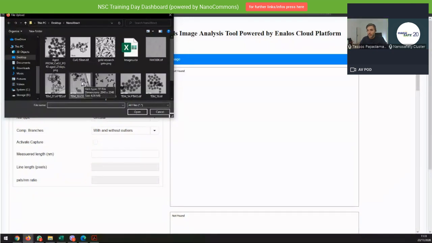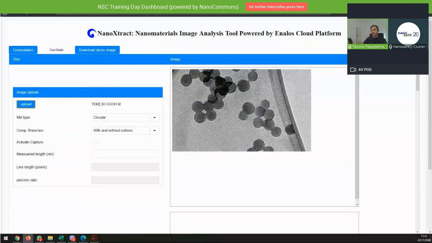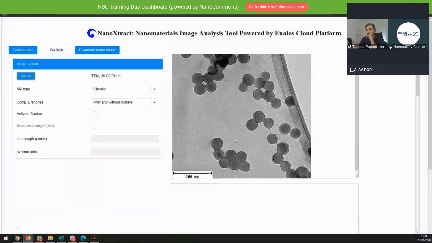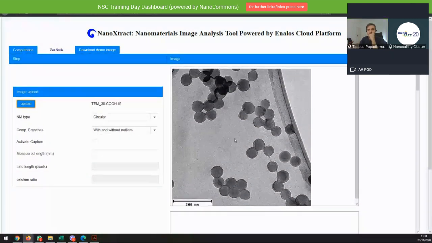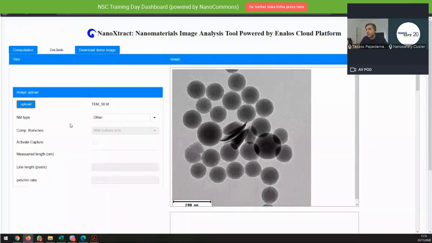I would like to thank Ingrid, because these images actually give a good overview of some of the bottlenecks that people may encounter when it comes to nanomaterials. So we have this image of, I'm not sure what material this is, to be honest. This is silica. Silica, okay. Silica nanoparticles with a coating of, I guess, undecanoic acid or something like that. It says COOH. Yeah.